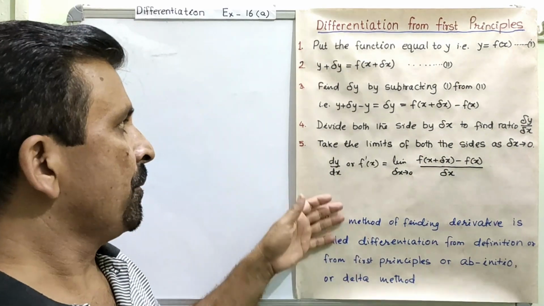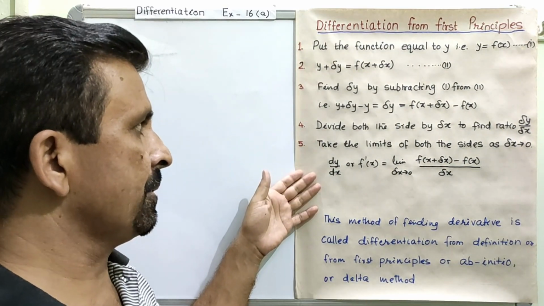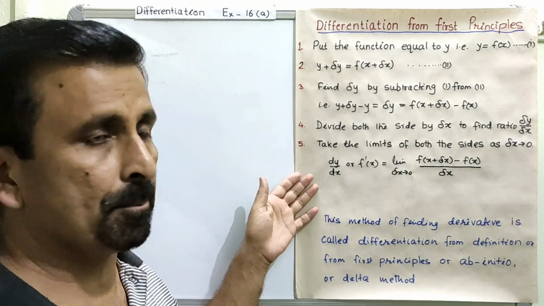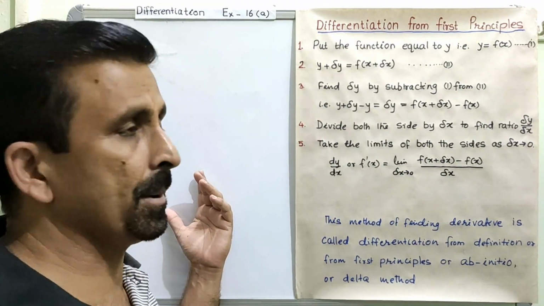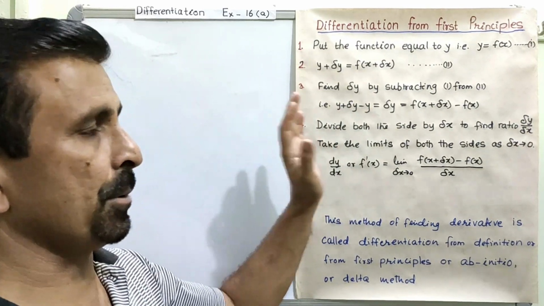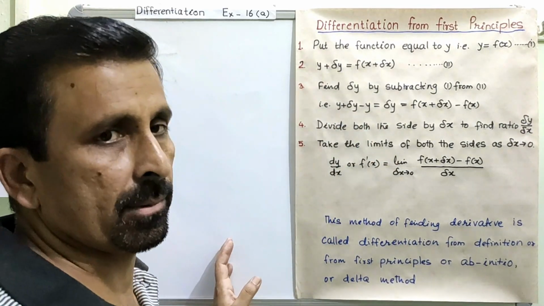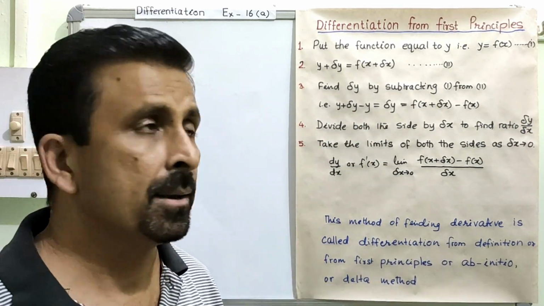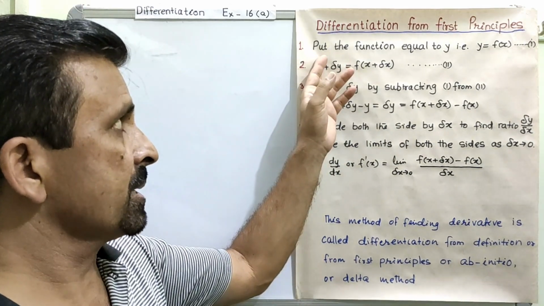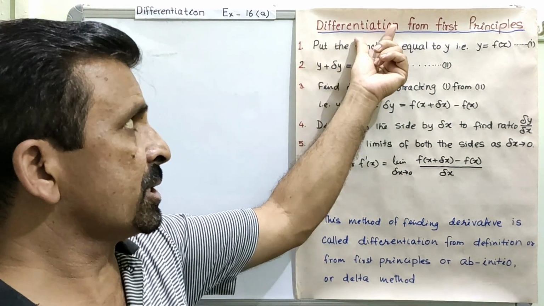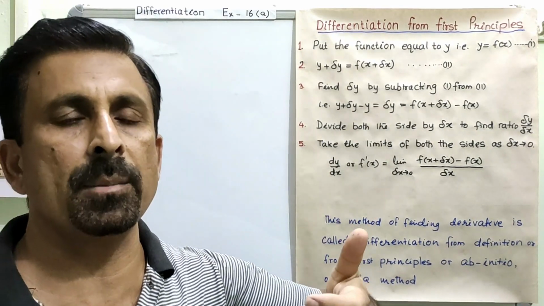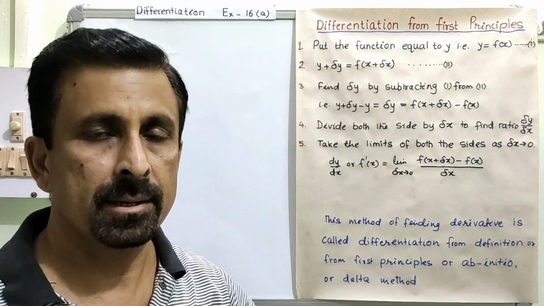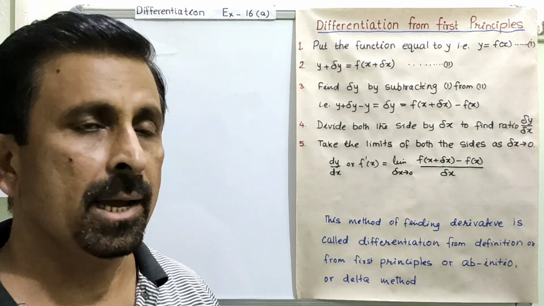Okay. So first of all, I have this process in 5 steps. We will try to understand the 5 steps and then we will have an example, and connecting the process we will try to solve the question. Is it alright? So the first step is, since you are going to differentiate a given function, that function we are normally denoting by f(x). We are representing it by f(x).